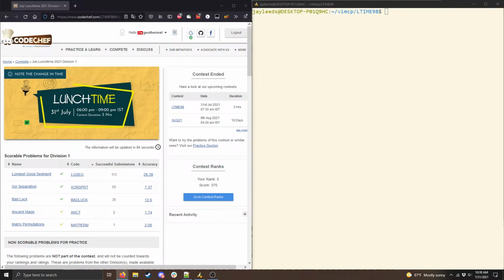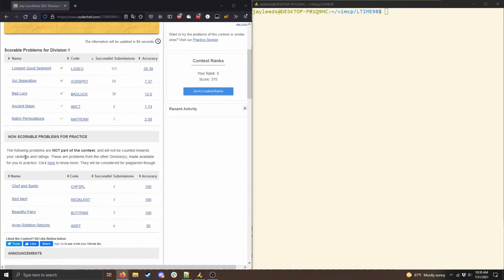and then hopefully we can quickly knock out the first two problems, and then probably the most interesting ones to go over will be most of the ones from Div 2. Kostav asks, will you tell the Div 2 solutions too? Yeah, I'm going to be going over the solutions to all the problems from the contest except full solutions to Ancient Magic and Matrix Permutations, the two hardest Div 1 problems. So I'll be going over solutions to all the Div 2 and Div 3 only problems, and then the other problems in Div 2. And then for the Div 1 only problems, I'll go over solutions to the subtasks, but I won't be able to go over the full thing.